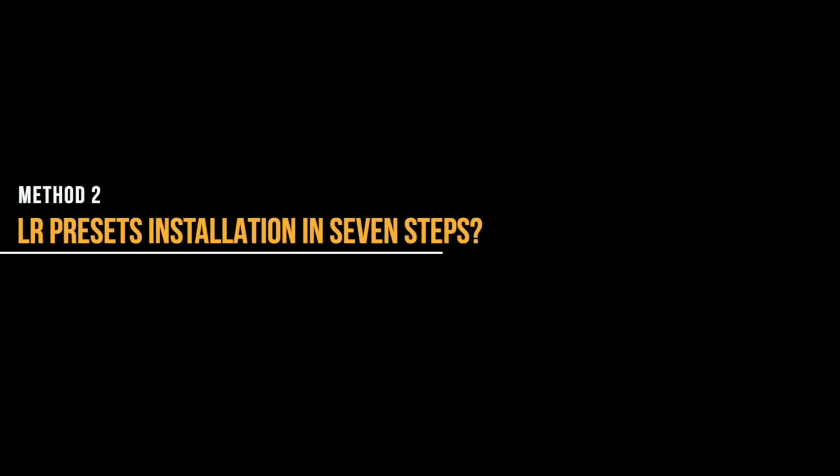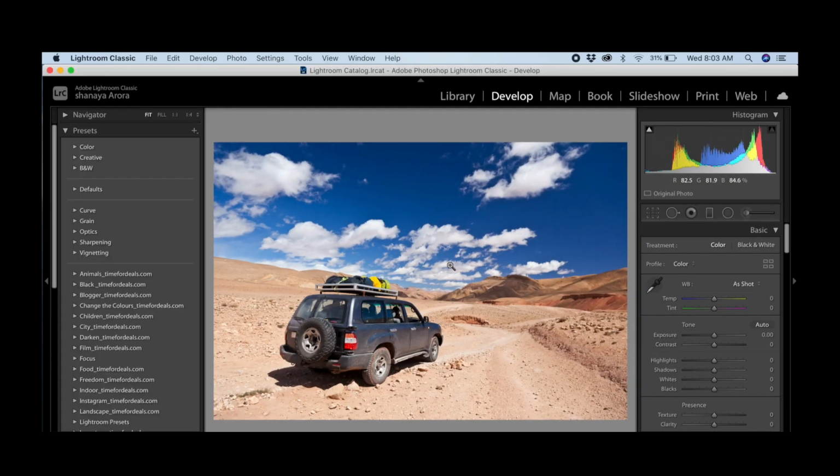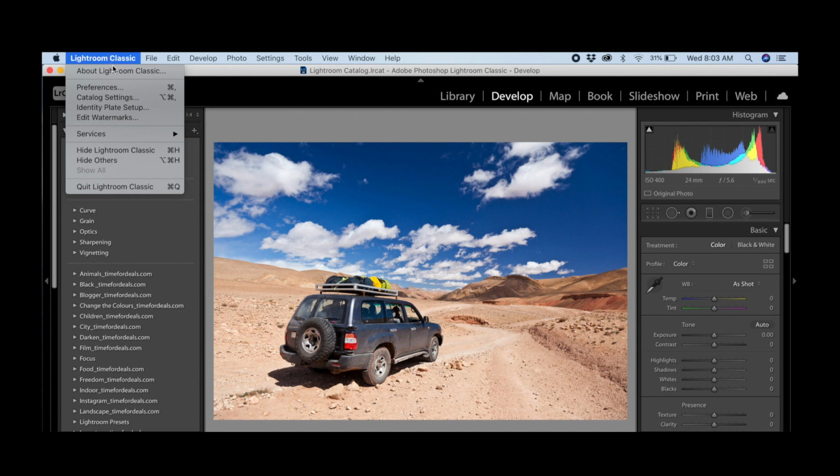Though there is one more method which some people follow to install the Lightroom presets. In this method, you will have to follow only 7 steps to install the Lightroom presets, and trust me guys, it doesn't even take more than a minute. Now all you need to do is open up the Lightroom software and then go to Lightroom, then Preferences.